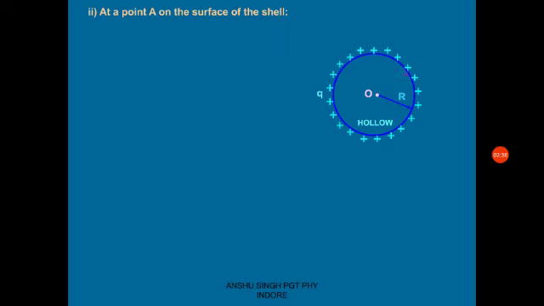Now at a point on the surface of the shell, again ds is acting along this direction. जहाँ आपको ds लेना है वहाँ लीजिए, लेकिन E उसी जगह लेना है, उसी पॉइंट की हम बात करेंगे, दूसरे पॉइंट की नहीं बात करेंगे. So E and ds are again in the same direction. This time your distance is not small r, it is capital R.